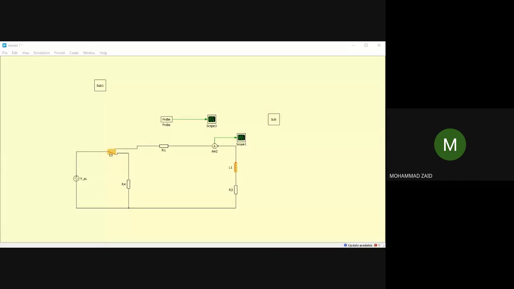So the transient part, the energy storing element reacting in a circuit, is because the actual concept remains the same: the energy of the system cannot be brought down to zero in zero time. That is the concept you should keep in your mind. You cannot move a very heavy or a small object from one position to another in zero time. That is Newton's second law, which relates momentum with time.